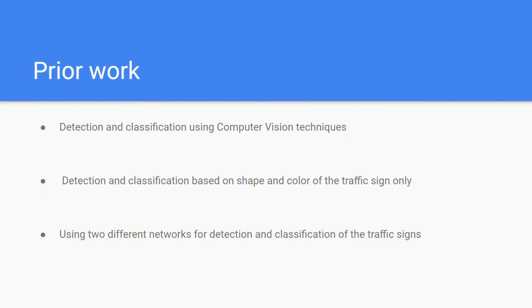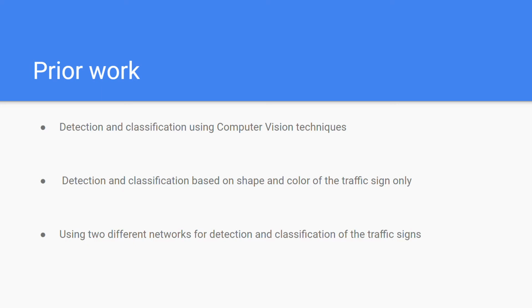Jumping into the prior work, before convolutional neural networks were used for traffic sign detection and classification, computer vision based techniques were used. Although these techniques worked completely fine for detection and classification, they were unable to overcome the problems of the noise in the image data set, or the fading lighting in the image data set, or the haziness. And this was an important aspect to be overcome, because this is what the real-time condition of traffic signs on the road looks like. These limitations were